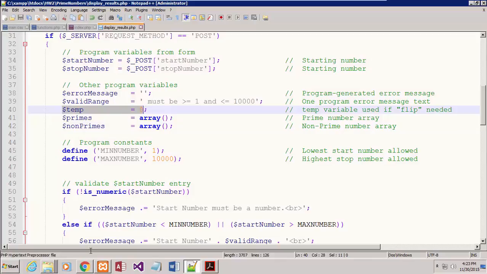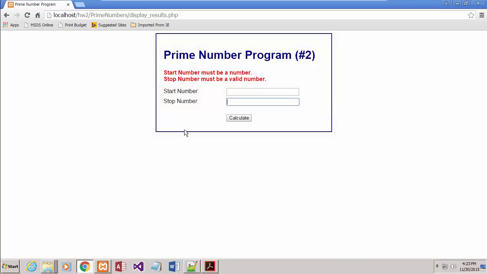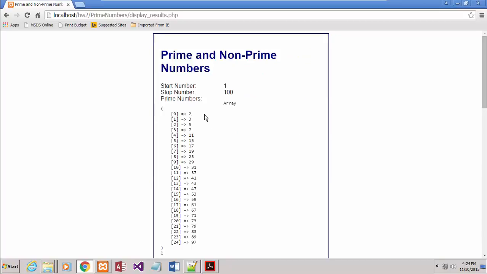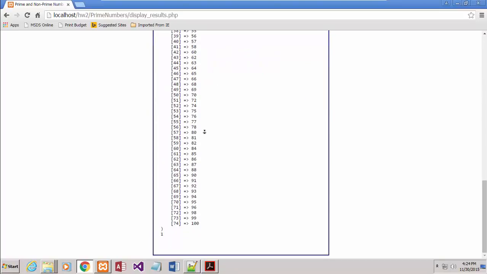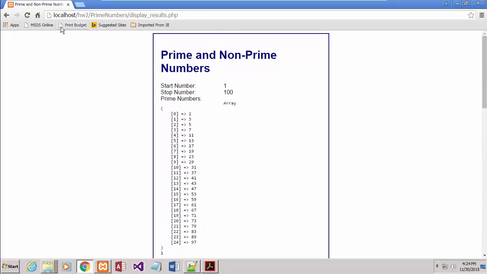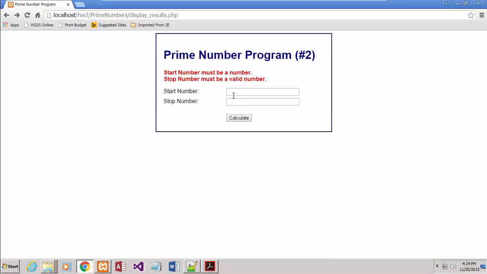The way that I set this up, just so you see it, let me run it again and show you exactly what I'm about to tell you here. Now, you saw this already. If I put in 1 and if I put in 100, everything's hunky-dory. All right? It shows me the primes, it shows me the non-primes. Not a problem. I could do something similar if I put in 1 and 1,000. But what if I put in this? What if I put in